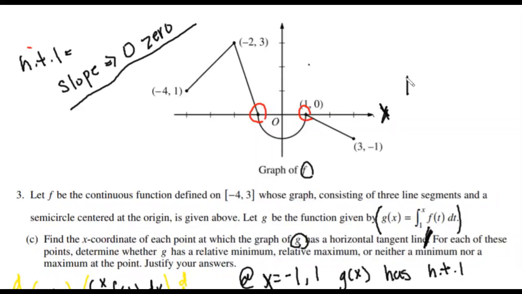X-axis: above the x-axis is positive, below the x-axis is negative. Above the x-axis, this line is positive. Below the x-axis, this is negative. Now, let's look at 1. Do you see this line? It is negative because it's under the